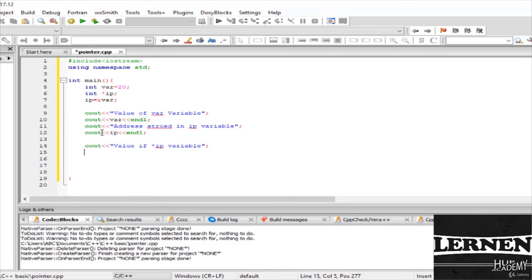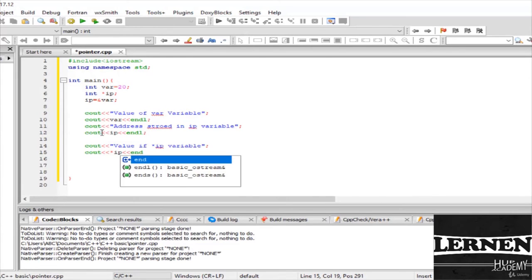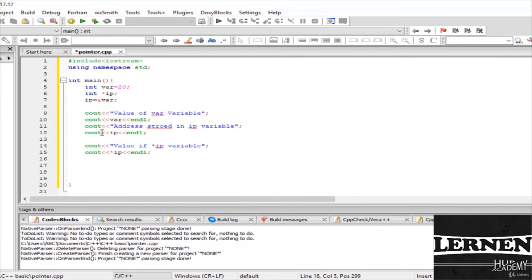Okay, and then cout our pointer variable, which is endl. Here it accesses the value at the address available in the pointer. Simply, it will access the value at the address available in the pointer. And at the last,